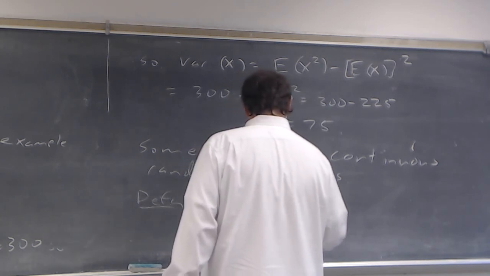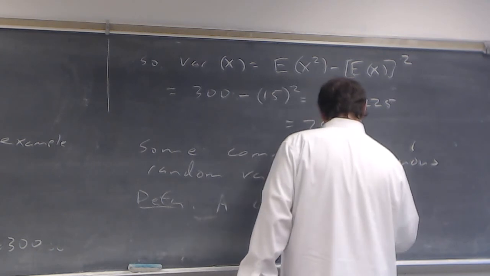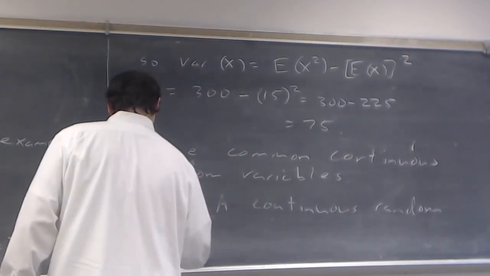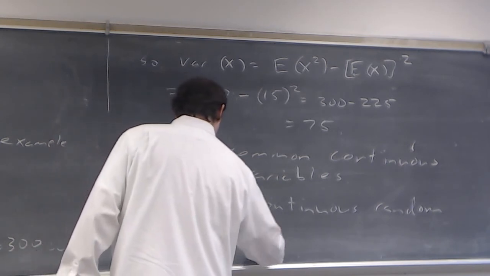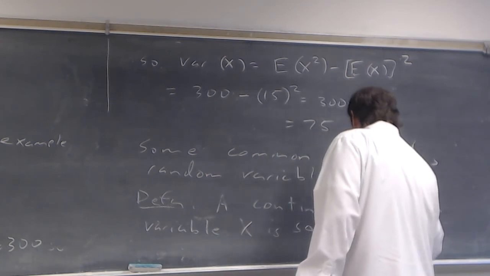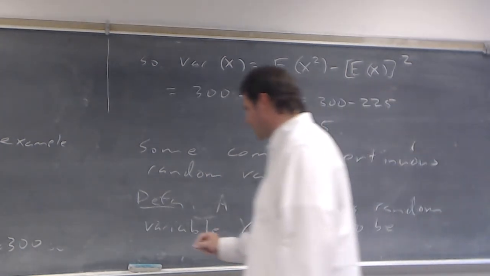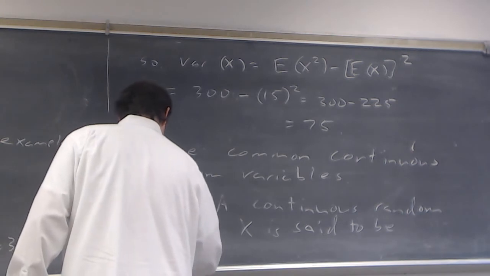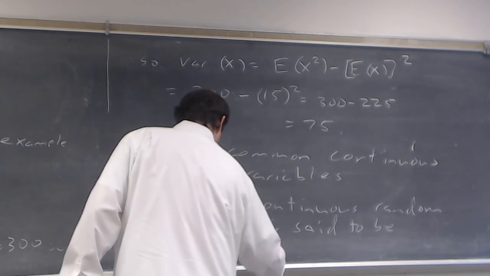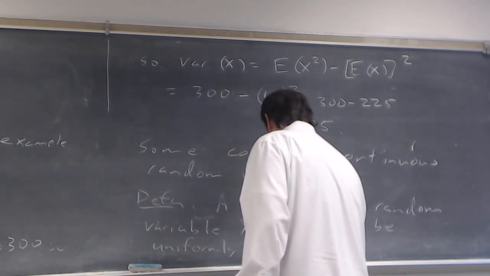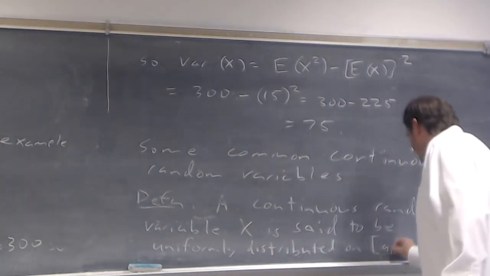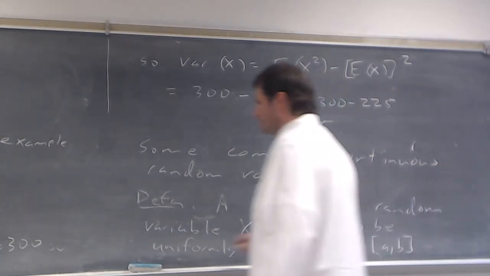A continuous random variable x is said to be uniformly distributed, a uniform random variable on a to b, where a and b are real numbers,